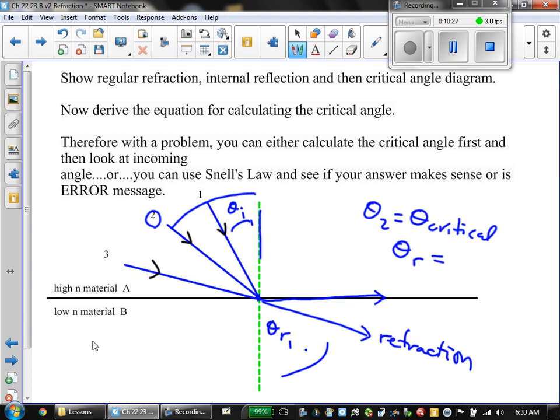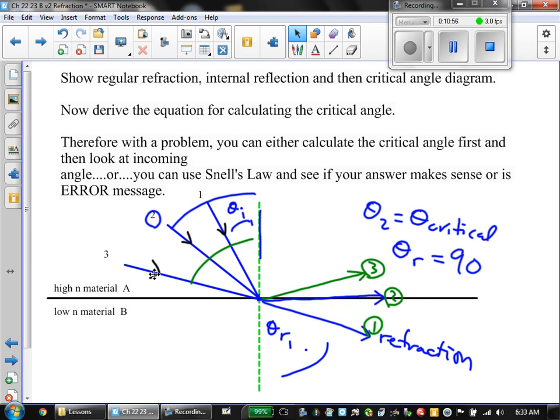And finally, theta 3 is the example I just showed you. If I send the light in at a very high angle, you'll get an error message on your calculator, and the light will come out at the angle of incidence. So this will be 3, this will be 2, and this will be pathway 1. I'm trying to show you that in the first case, theta 1 is going to refract. In the second case, we're at the critical angle, and it comes out along the boundary. And if we exceed the critical angle, then we're going to get light reflecting.